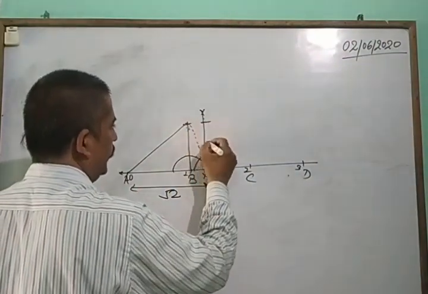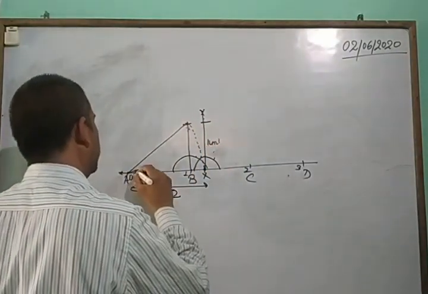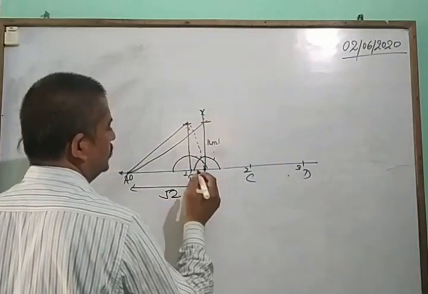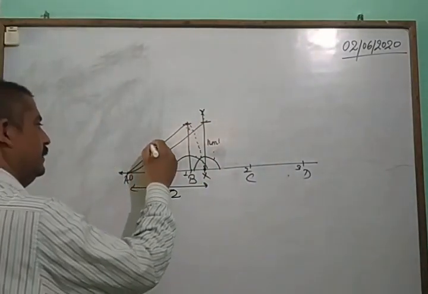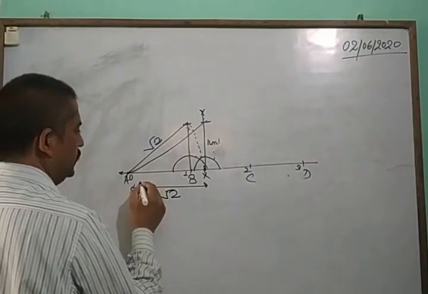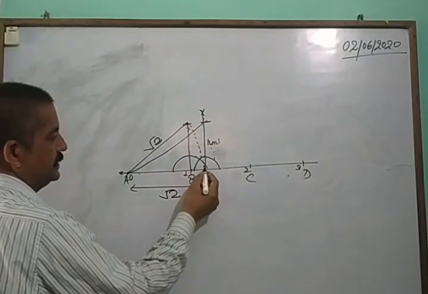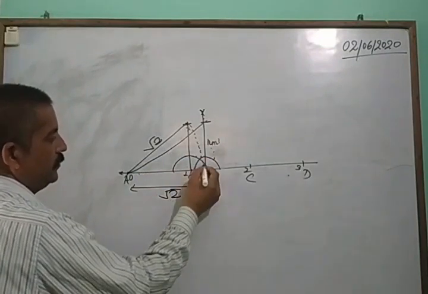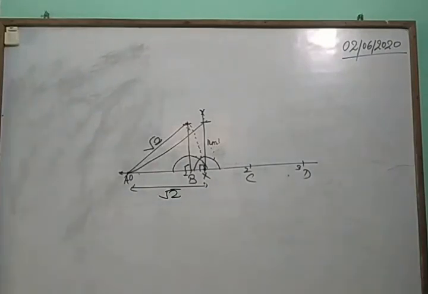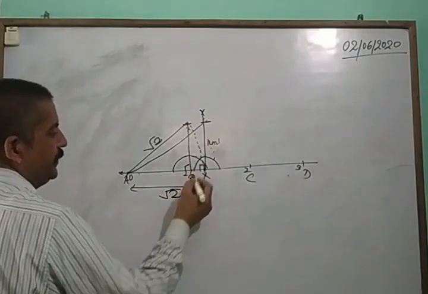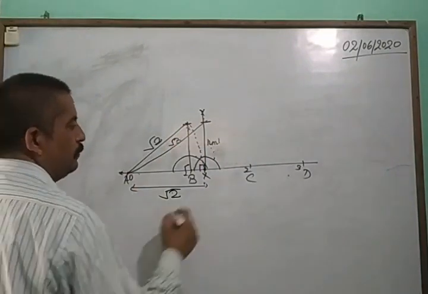Again we take the 1 unit. So the distance between that point is what? That is the first, root 2, and that distance between the root 2 and 1 unit. We have seen that by the Pythagoras theorem, because it is already a right angle and triangular form. So 1 unit and root 2 gives root 3.